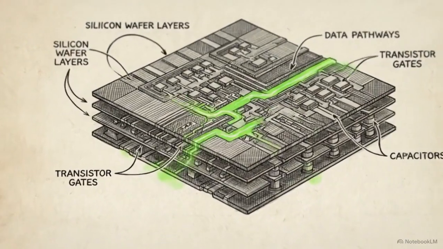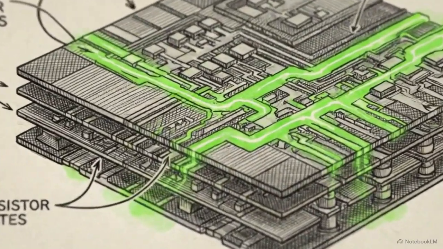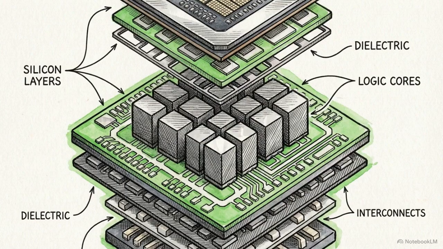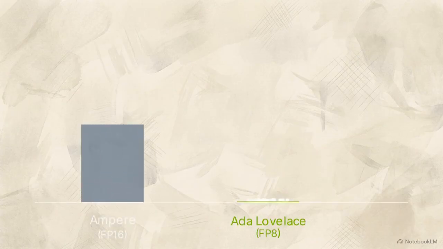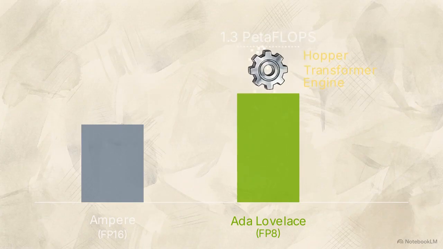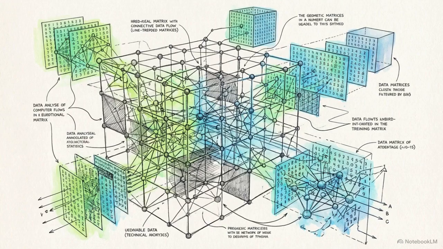Before filtering the hard way, we must look at the unified tech driving this entire generation. The main upgrade, across the board, is the 4th generation Tensor Core. By utilizing the new FP8 precision format, Ada's Tensor Cores process double the data volume of the previous Ampere generation, reaching 1.3 petaflops. That raw speed feeds into a specialized tool called the Hopper Transformer Engine. This engine is explicitly designed to optimize the massive matrix multiplications required to train and run large transformer-based models, like